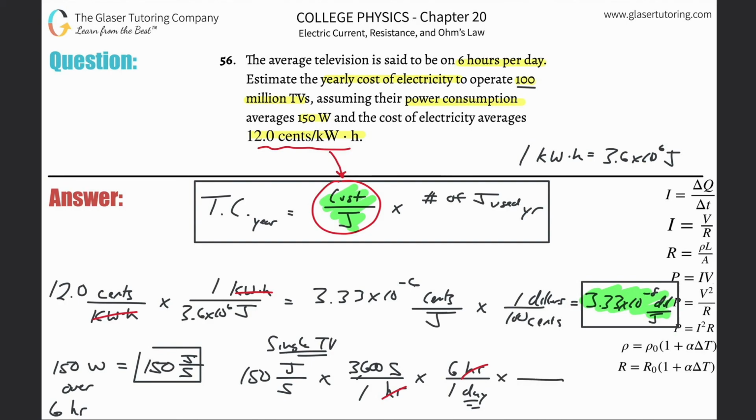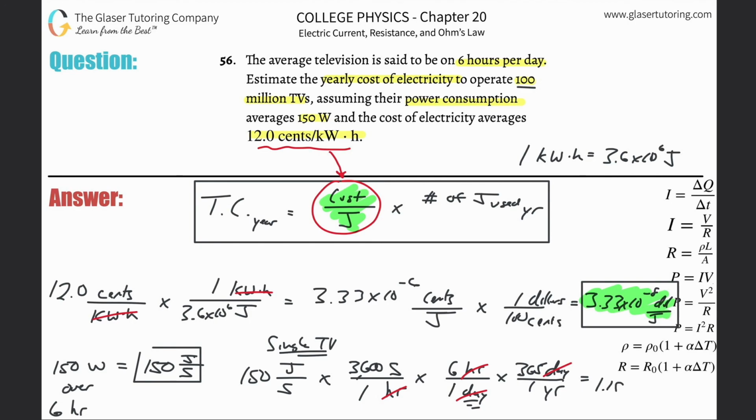So this is again going to be days on the top, year on the bottom, and there's 365.25, but who cares, days in a year. So the days go bye-bye, and now this gives me the energy of running a single TV for the whole year. So let's do it. It's 150 times 3,600 times 6 times 365. So this works out to now be,